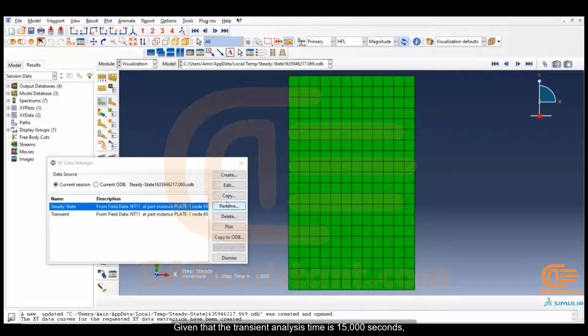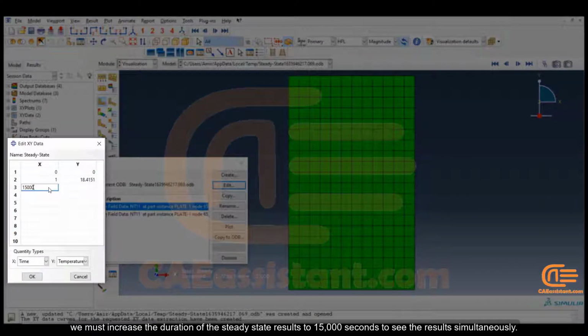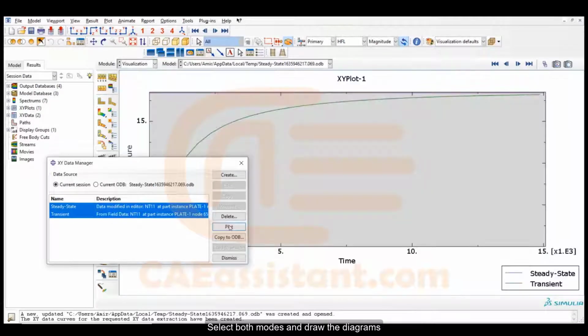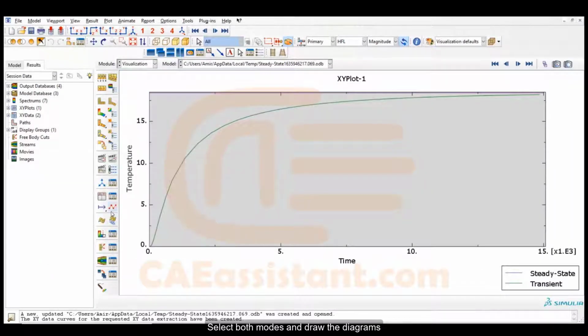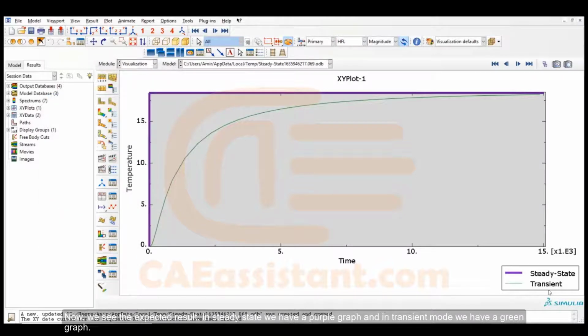Given that the transient analysis time is 15,000 seconds, we must increase the duration of the steady-state results to 15,000 seconds to see the results simultaneously. Select both modes and draw the diagrams. Now we see the expected result. In steady state, we have